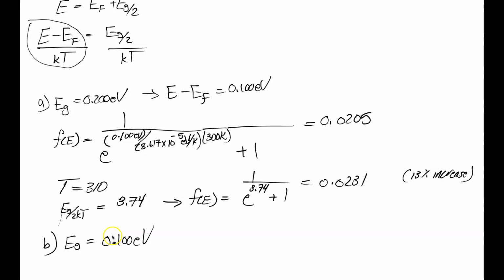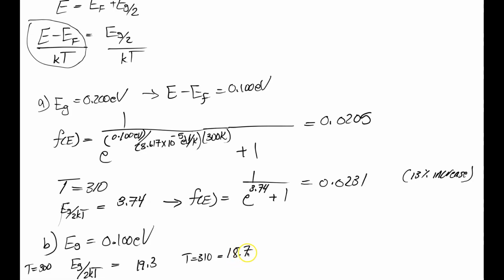So that means it's going to give us Eg over 2kT of 19.3 for T equals 300, and for T equals 310 it would give us 18.7,